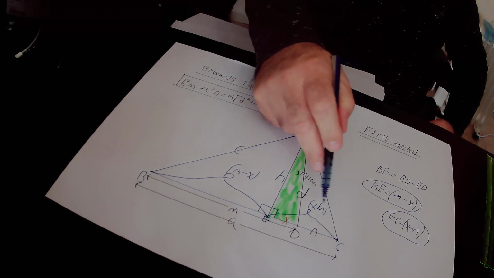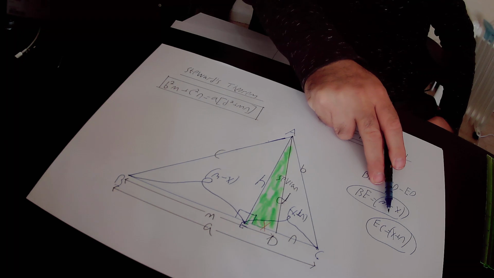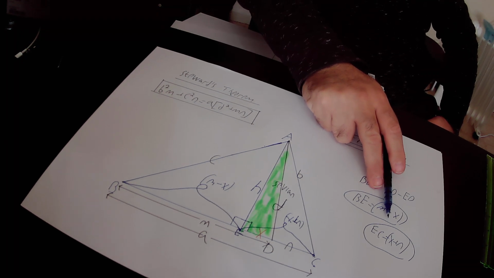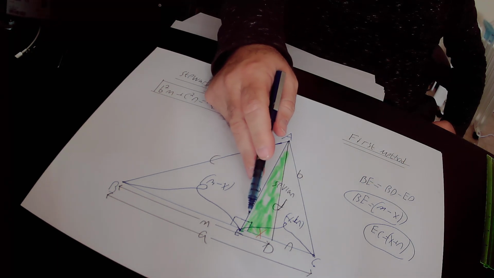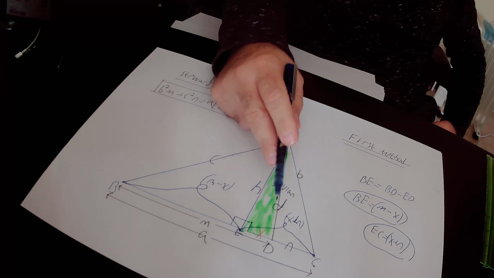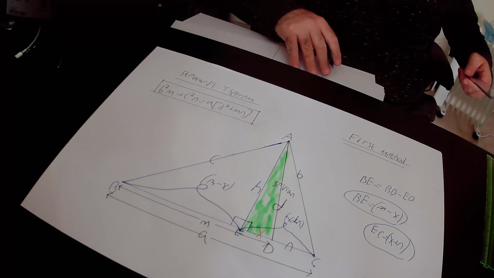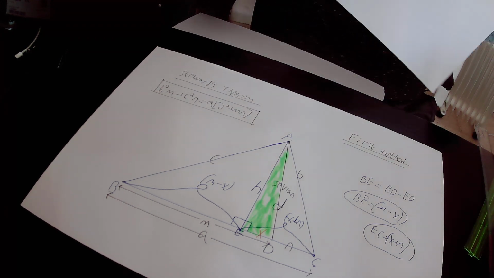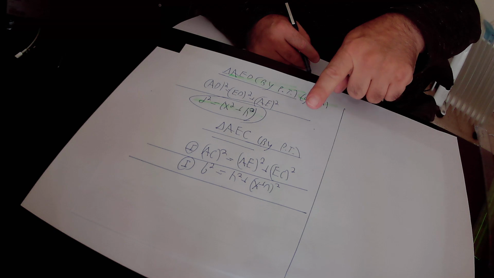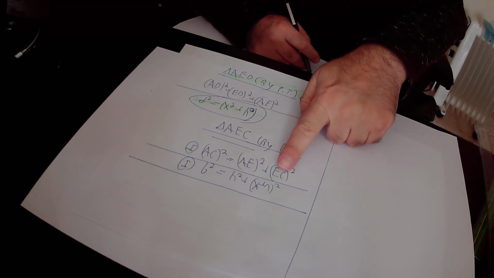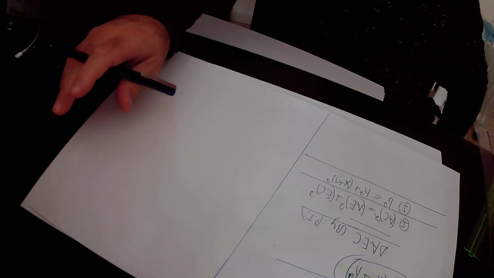plus EC squared. We already found out that EC equals X plus N here. Therefore, we substitute EC by X plus N. So if EC equals X plus N, it means that EC squared equals (X plus N) squared. So we found out that according to equation number 1, B squared equals H squared plus (X plus N) squared. Here we will open the brackets on this side of equation number 1,